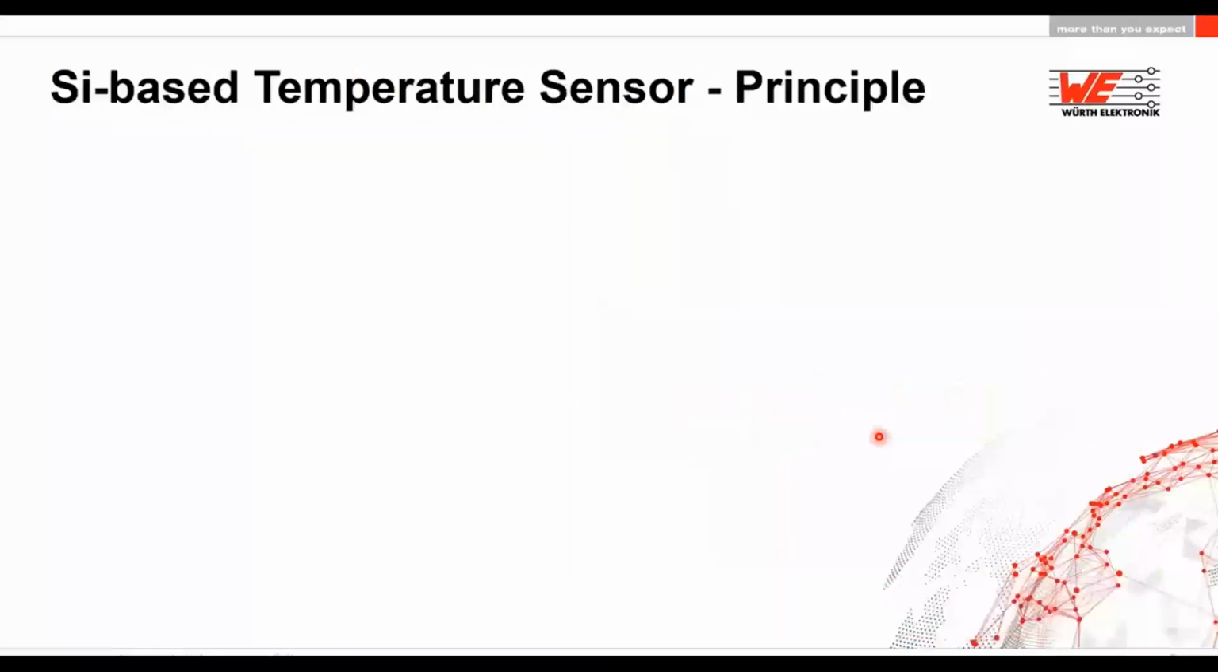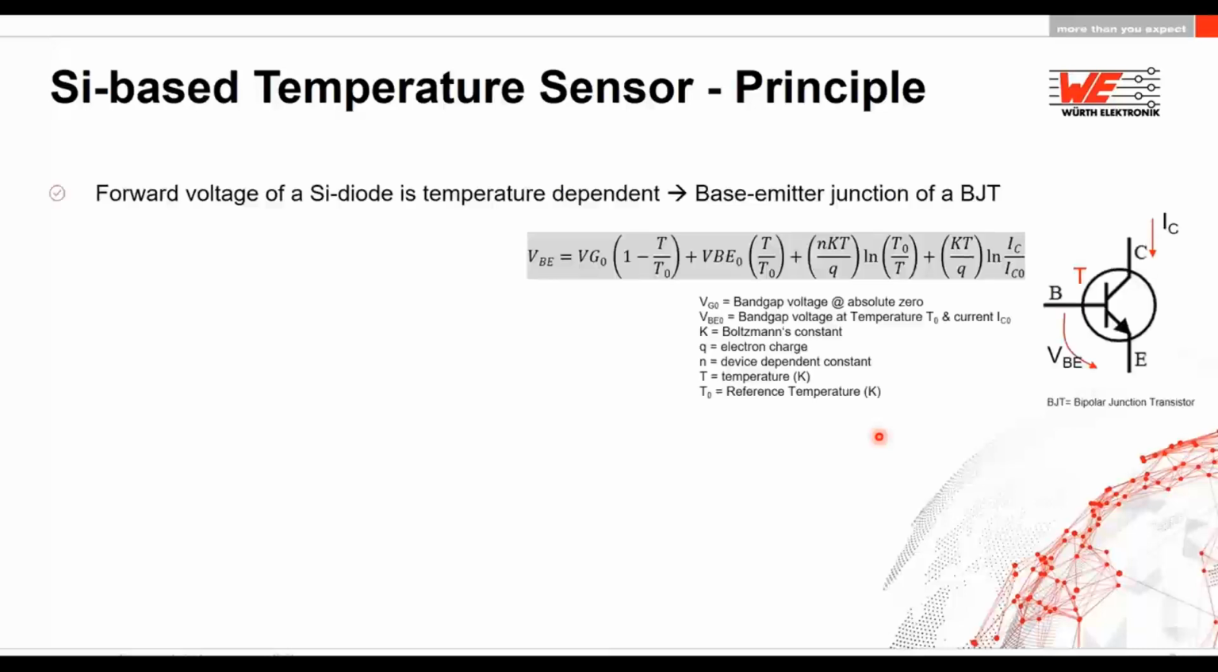Coming back to the temperature sensors, which are silicon based, how do they work? As mentioned, the forward voltage of the silicon diode is temperature dependent. This diode is basically the base emitter junction of a bipolar junction transistor. Here you can see the forward voltage of the BJT is dependent on so many other temperatures. But